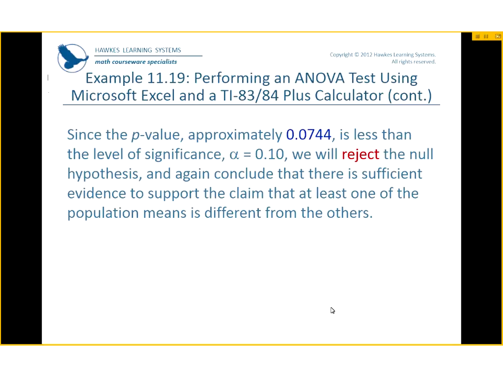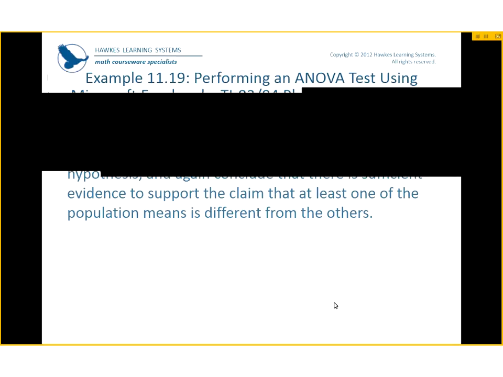And you get the p-value, which is 0.0744. Again, that's less than your level of significance, which is 0.10. You reject the null, and again, it shows that there's at least one difference. So play with this. You'll have to fill in the tables on Hawks, and you'll actually have to answer some questions. It's really not that bad if you use your calculator. And let me know